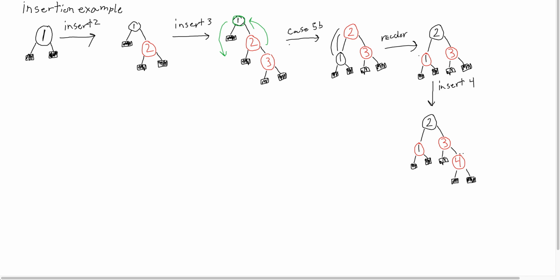Right, and now we can see that, again, when we're running into 4, the new case that we're going to run into is effectively case 3, right? And this case is when both n's parent and uncle are red, right? So in this case, what we want to do is we are just going to simply paint both the parent and uncle black, and then we will paint the grandparent red. Right, so if we do that,